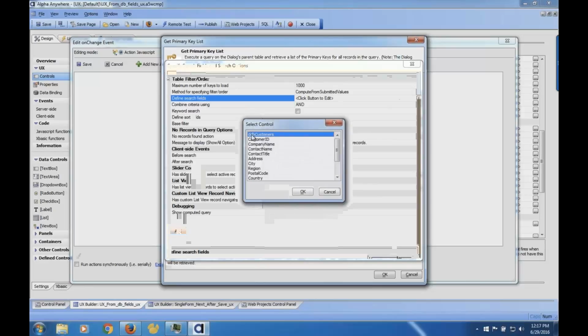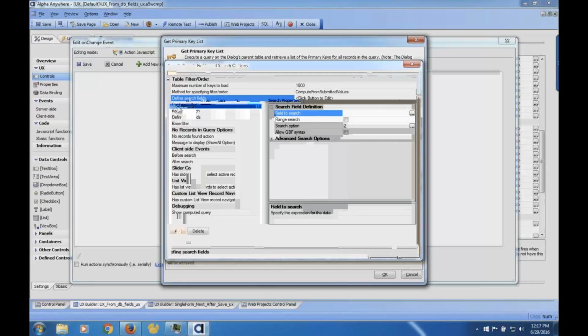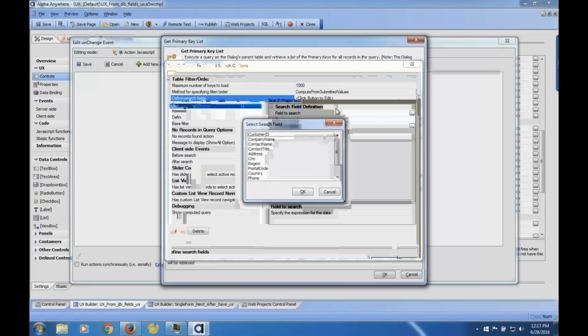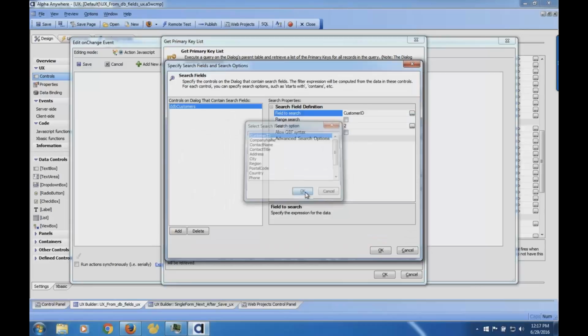In this case, it's off my drop-down box of customers. And I'm saying, take the value of what's in the drop-down box and search my customer ID field. So what's on the left side are my controls. And the cool thing about this is you notice I only have one control, but I could actually have multiple controls setting filtering criteria. And I could say, okay, this control filters on this, and it will run this and basically apply all those filters to it. So let me go ahead and click OK.